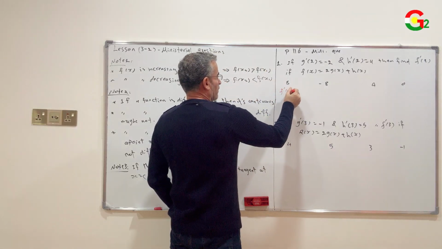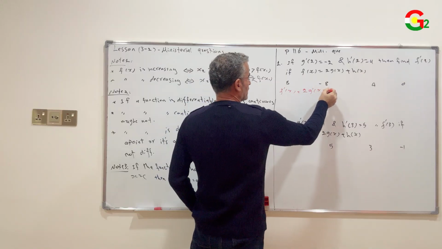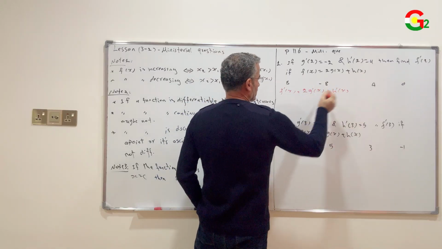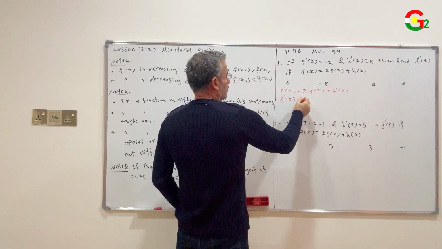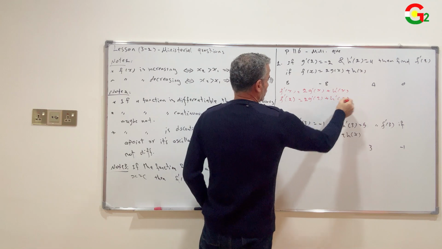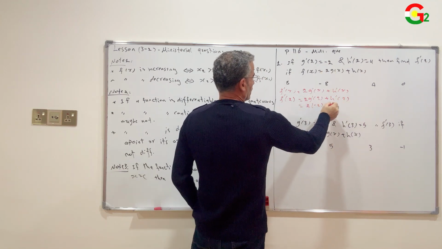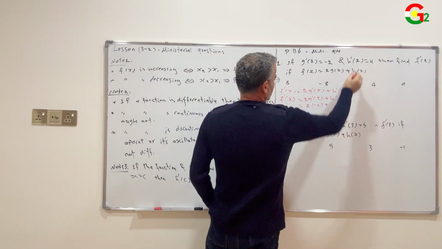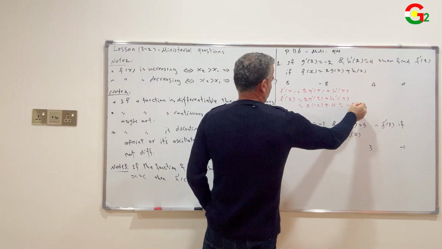First, find f prime of x equals g prime of x plus h prime of x. Now, find f prime of 2 equals g prime of 2 plus h prime of 2, which is negative 2 plus 4